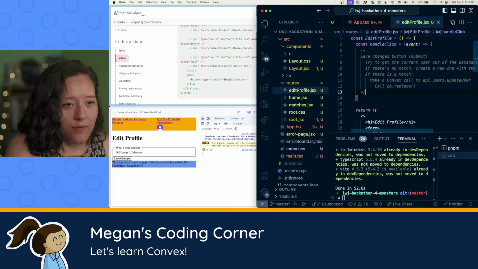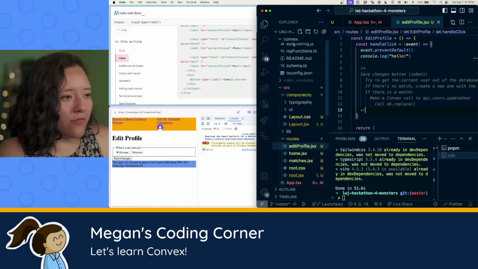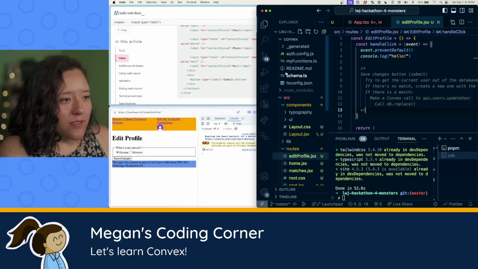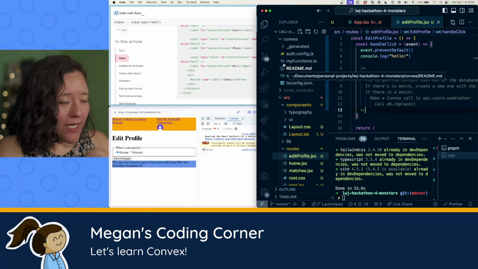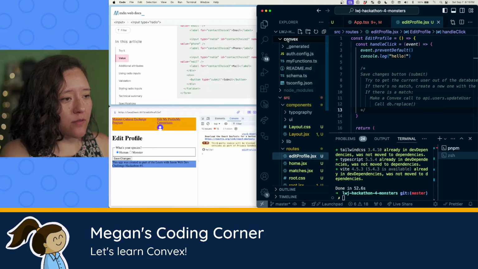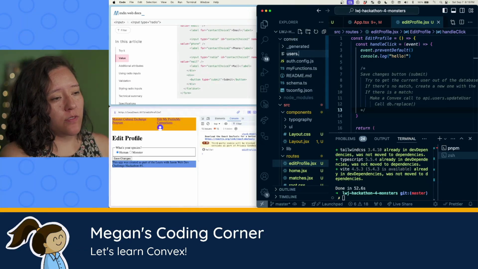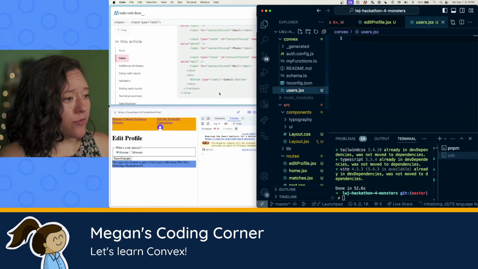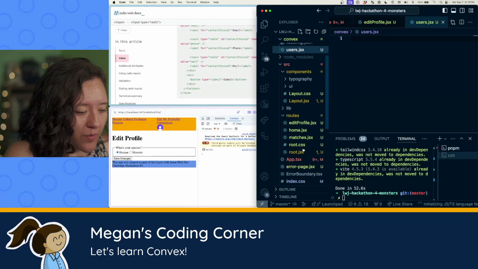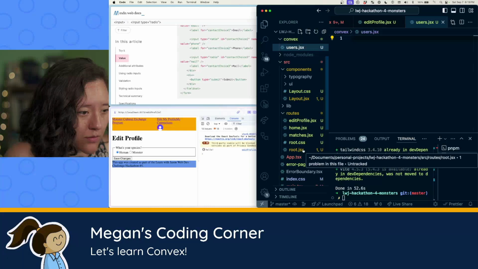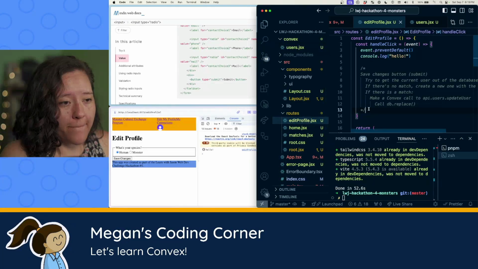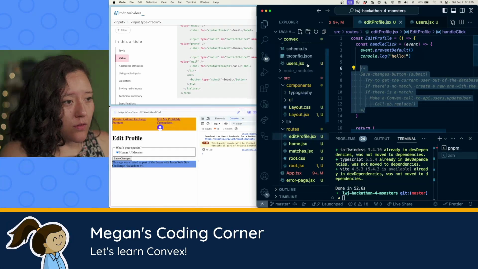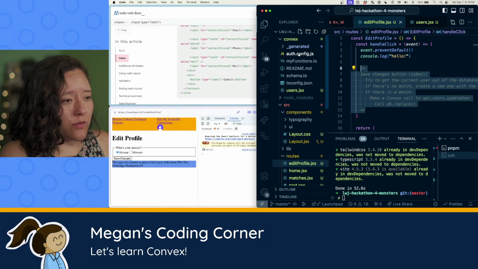Okay, so now we're getting into Convex stuff. Let's see. I'm gonna need, let's make a new file. We're gonna call this users.jsx. Okay, and then this was gonna have functions in it. So here, let me copy paste my comment. We were in here. So I need to